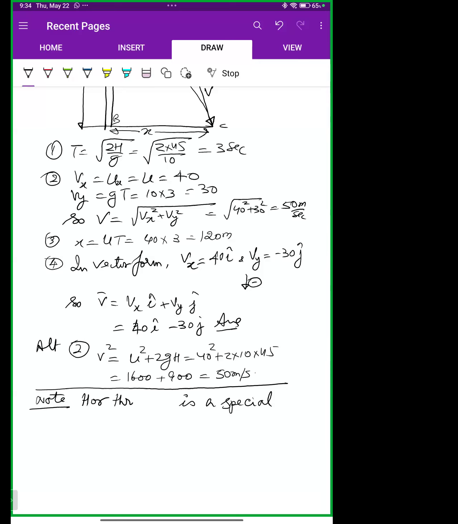Horizontal throw is a special case of general projectile where